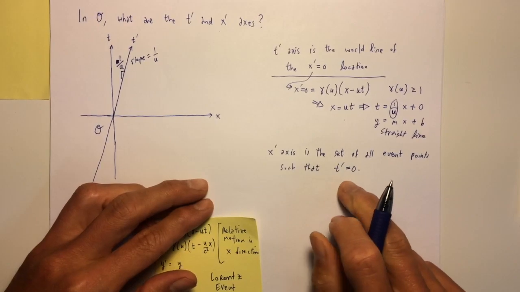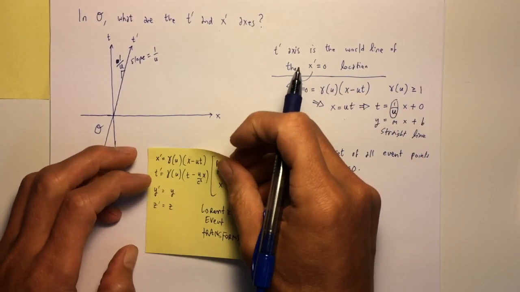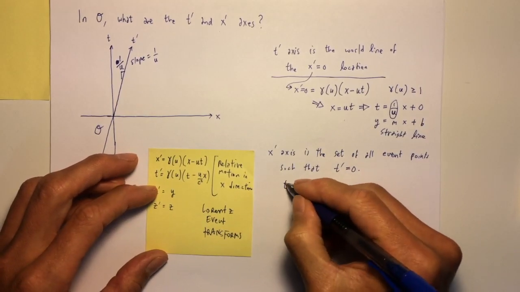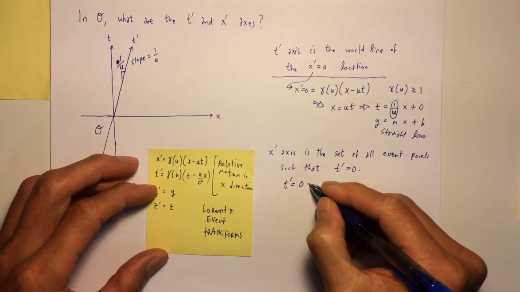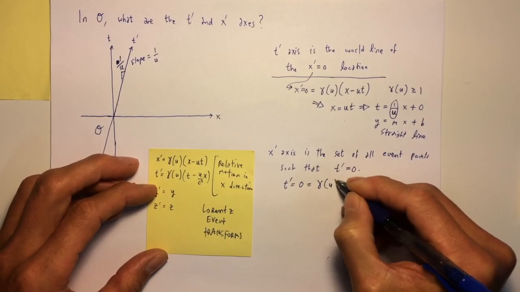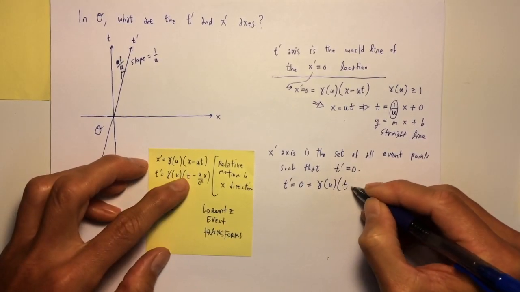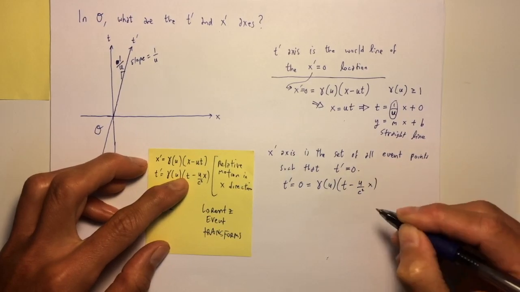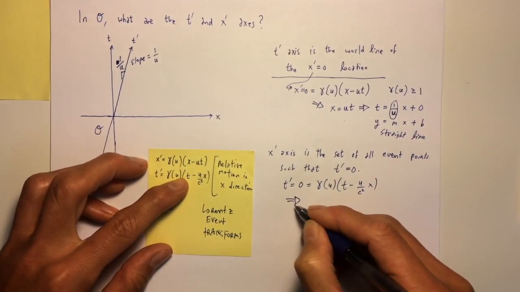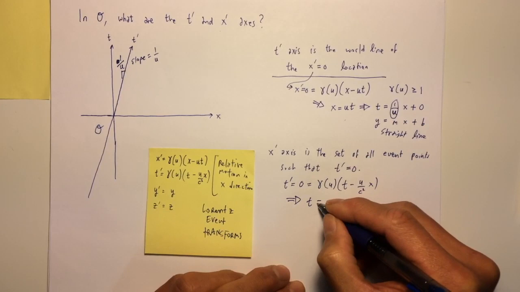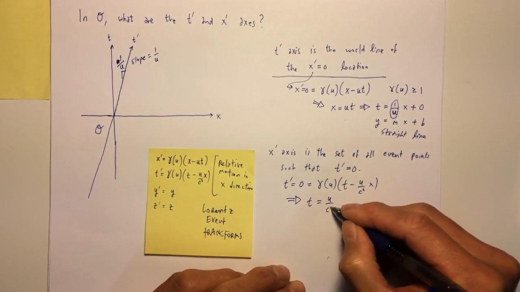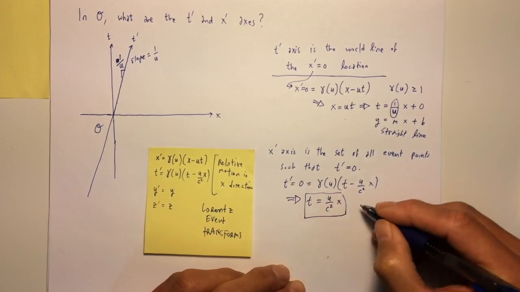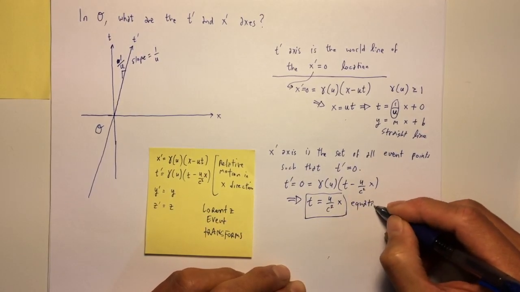So t prime equals to 0, here's the relationship, here's t prime. So that means that 0, which is what we're setting t prime equal to, is equal to gamma of u, and then we get t minus u over c squared x, and this implies that t equals u over c squared x. So this right here is an equation of a line